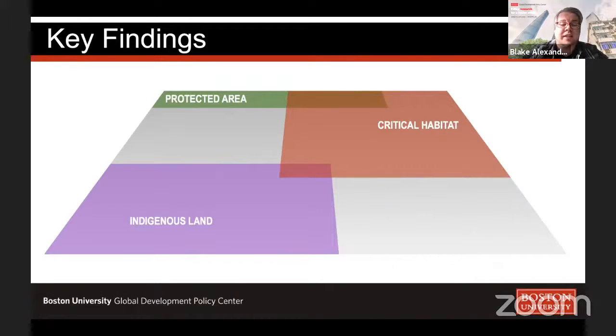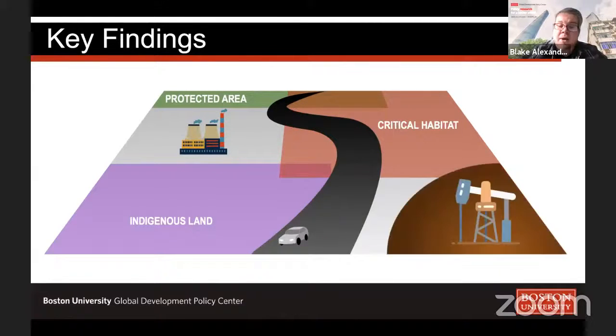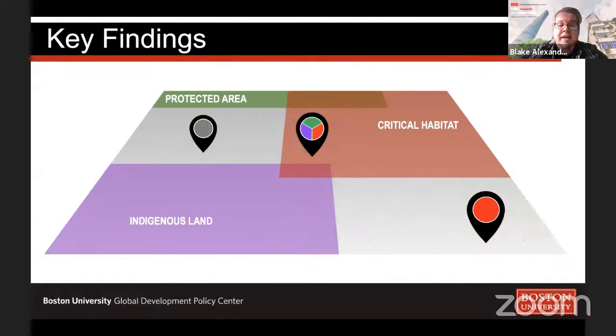So based off of the locations of projects financed by Chinese policy banks, represented as things like points, such as coal-fired power plants, lines like roads or pipelines, and polygons like extraction sites or agricultural fields, we identified which projects overlap entirely or partially with any of these sensitive territories, as well as those with no known overlap with any